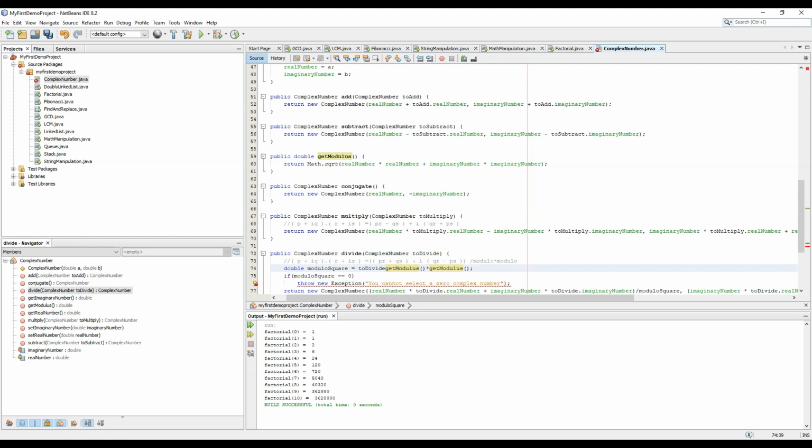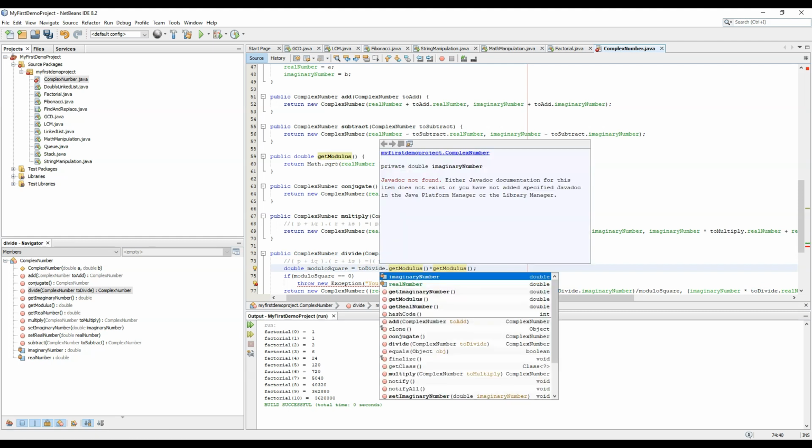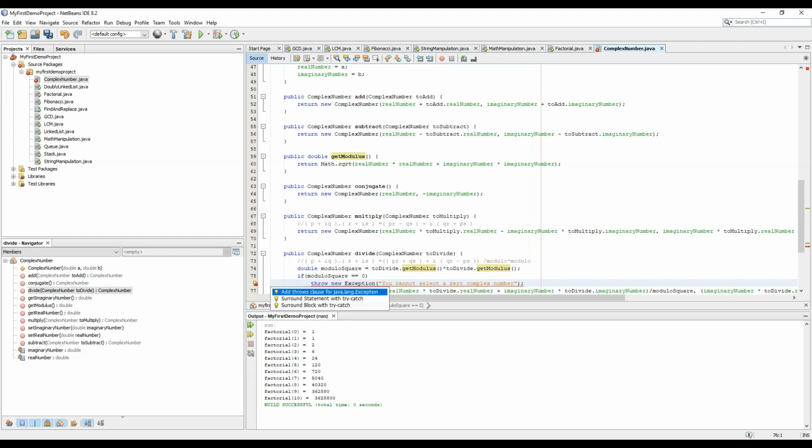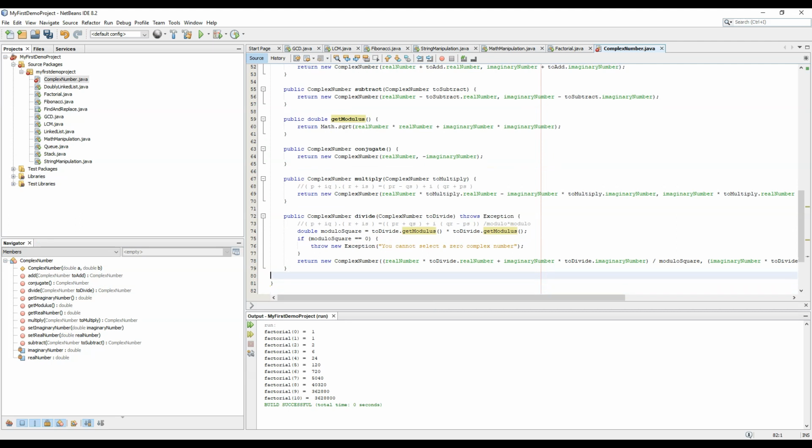The modulus is for 2 divide, and here it is also for 2 divide. So this is the modulo square which we have calculated is for the 2 divide. Now since we are having an exception being thrown, we need to add the throws clause. So we have added the throws clause, and now we are ready with the division.